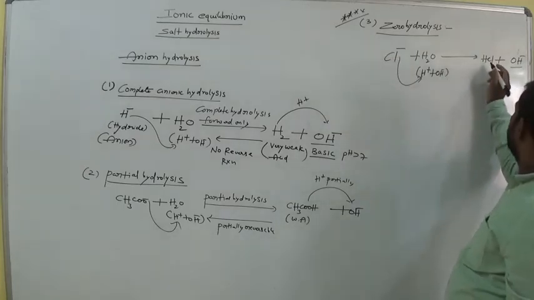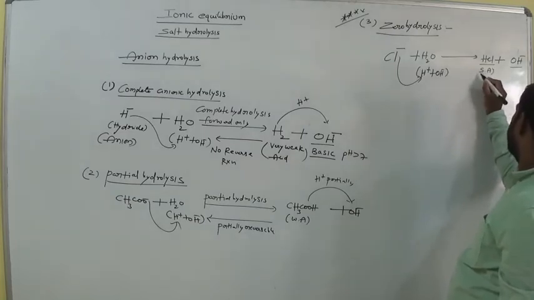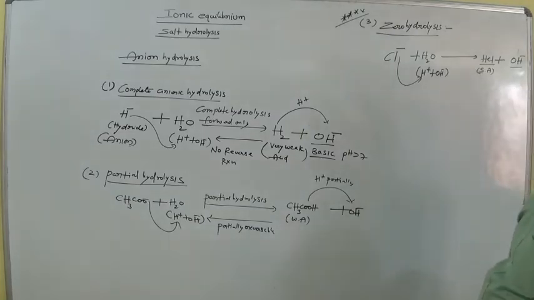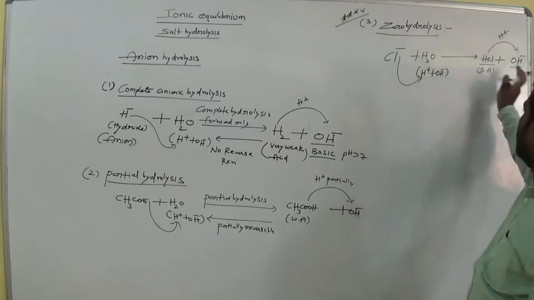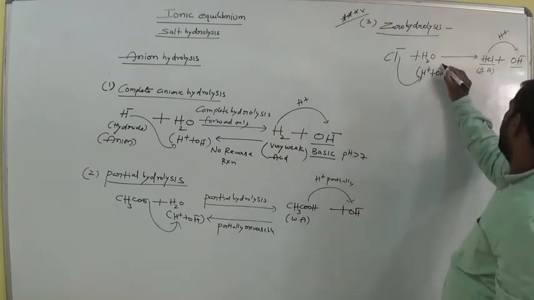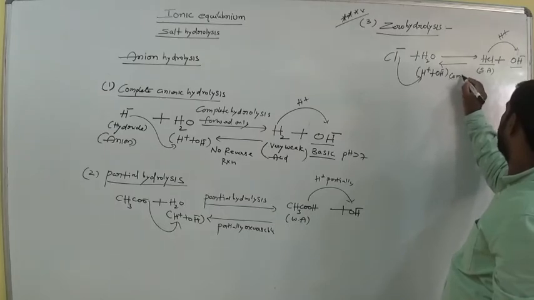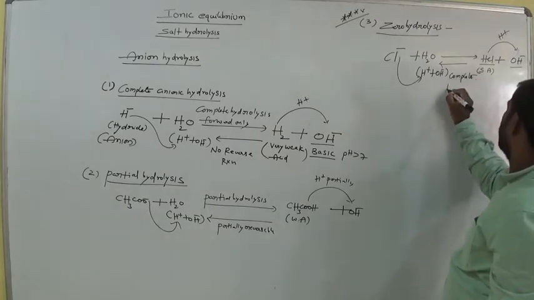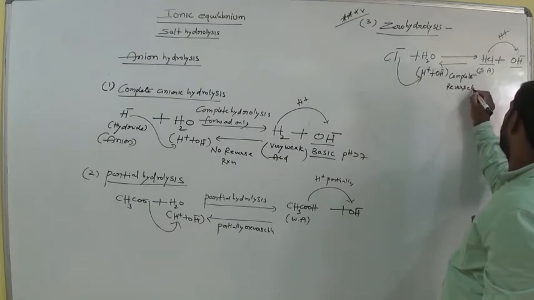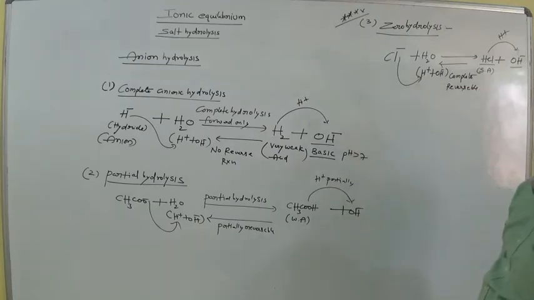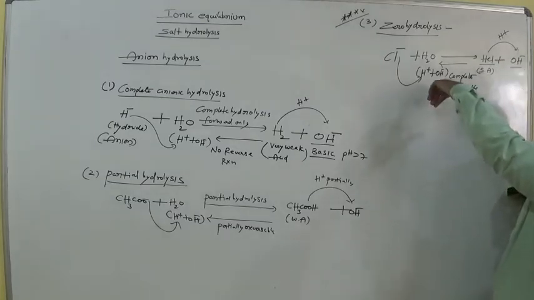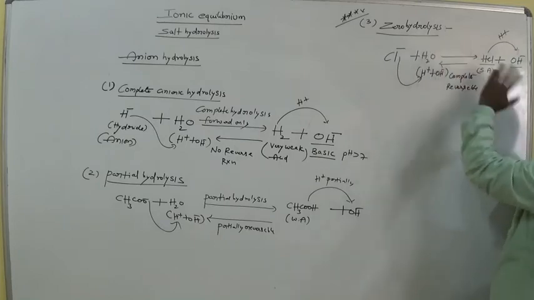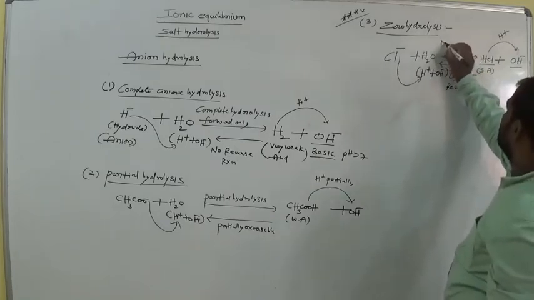This is chloride ion, which is called an anion, am I right? Now HCl is a strong acid, you know. Clear? A strong acid easily loses H plus. Again it produces H2O or not? So it is completely reversible. All the molecules are again formed. Here 100 molecules of H2O give H plus and OH minus. Again 100 molecules of H plus and OH minus give H2O. So there is no hydrolysis, simply we call it no hydrolysis.